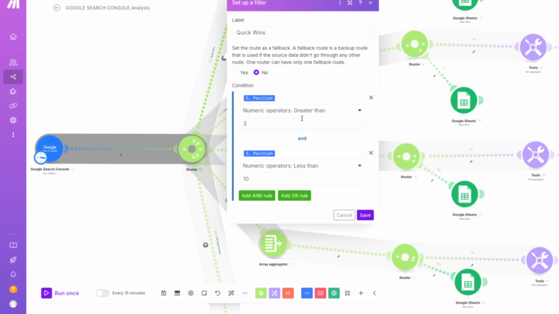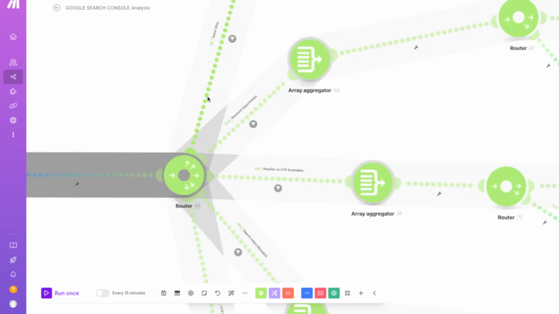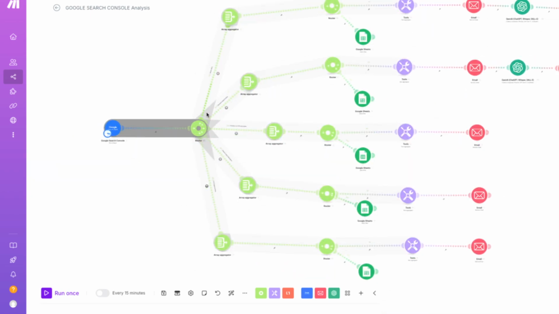In this filter, we are tracking keywords, right? That is greater than 3, yes? And we'll be able to have better results from here. Right. So as you can see, from 3 to 10, which is on the front page of Google, that is what we are tracking. And so from here now, we just save that. And so it will only be passing information, the keywords that have that ranking from 3 to 10, onto this route. Then that will be saved on the